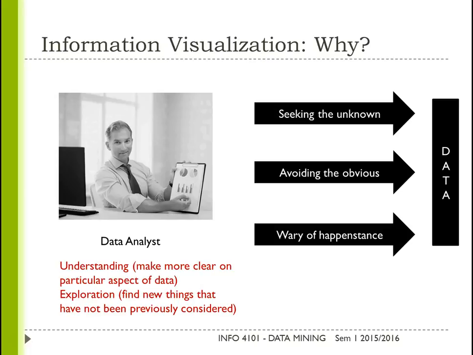And the last one is to be careful of happenstance. Happenstance is a coincidence. This can happen in the process where you collect the data. This can also happen at the time of your analysis when things coincide with each other, so you assume that one thing causes another, which probably it does not. So be careful of those coincidences. Okay, and this can be avoided if you have done your literature review properly and rigorously.